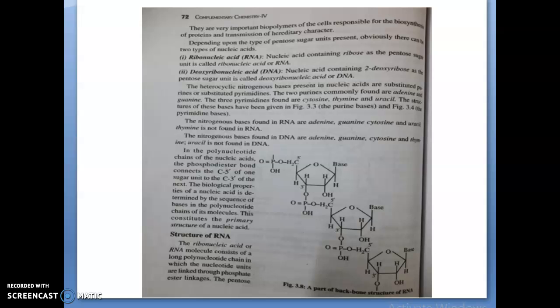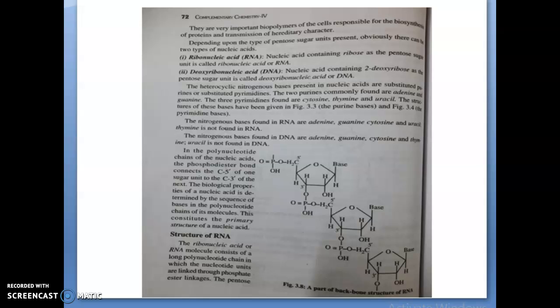Already in our previous lecture or in our Google Meet class, we discussed what is nucleic acid. It contains nucleosides or nucleotides, and a nucleotide contains the pentose sugar, heterocyclic nitrogenous base and phosphate group. The pentose sugar present is ribose or 2-deoxyribose. It is known as 2-deoxyribose because of the absence of the oxygen group in the second position of the carbon. The heterocyclic nitrogenous bases present in nucleic acids are substituted purine and pyrimidine bases,